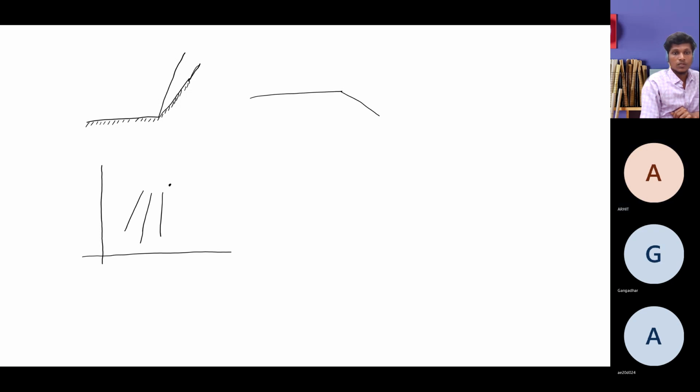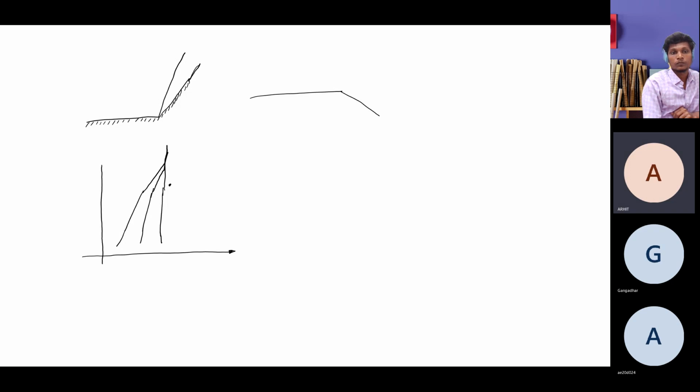So if your waves are like this, these are all compressing. It may form a normal shock or an oblique shock, right? Yes, sir. In this case, it will form a normal shock. It meets at a point and it will form a normal shock. I think so. Okay. Yes.